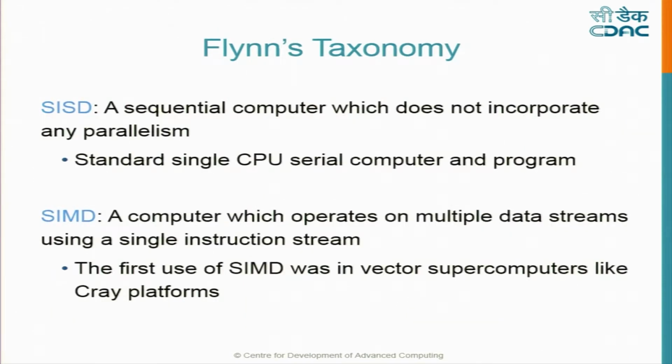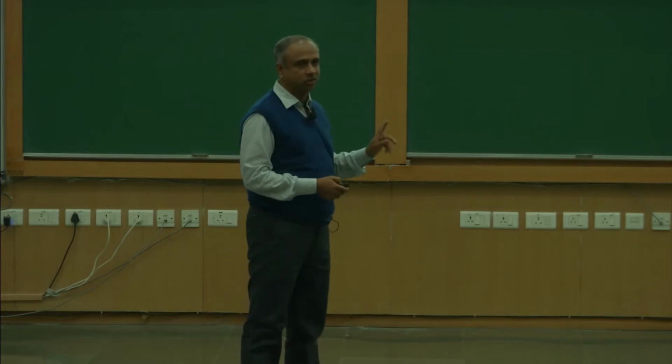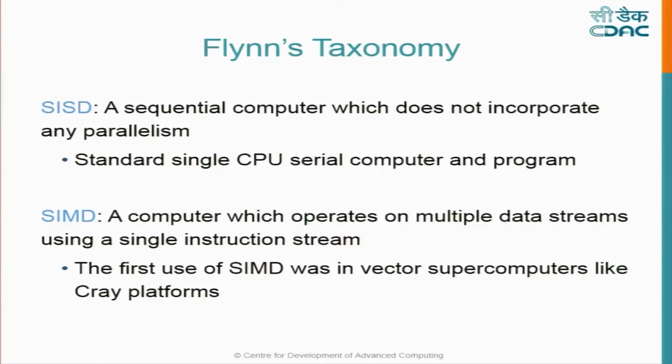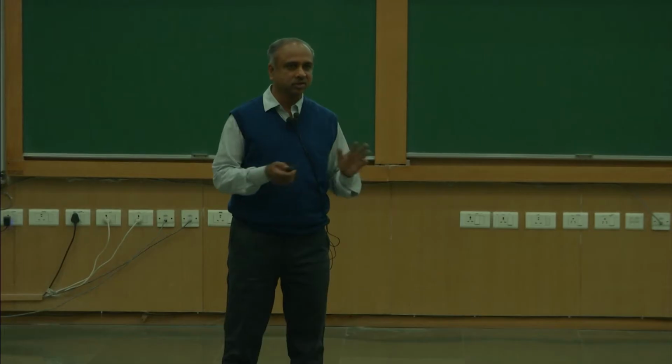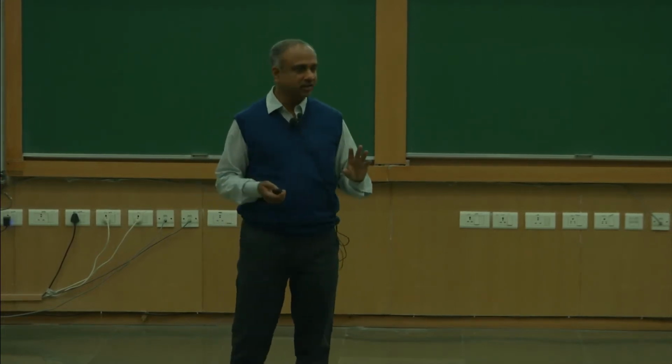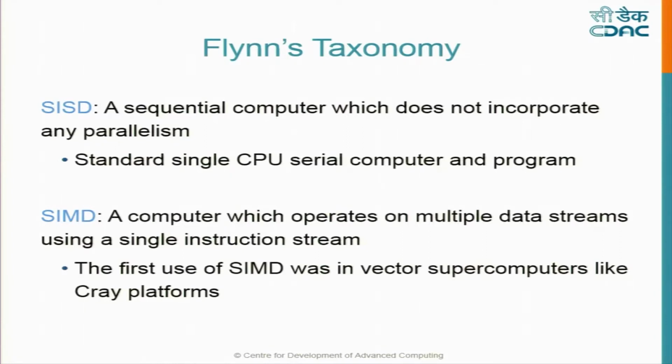So SISD, single instruction, single data, which means one processing unit is fetching a data at a time and operating on it. This is a classical single CPU. Like if you have an 8085 based system, you must all know about this processor, 8085, the simplest processor that Intel made, then came x86. So if you have a single x86 system and one program running on it, not even Windows, simple MS-DOS kind of thing, the first operating system that Bill Gates built, it will be of this class. So no parallelism, but this is the building block. It's a serial computer, serial program.